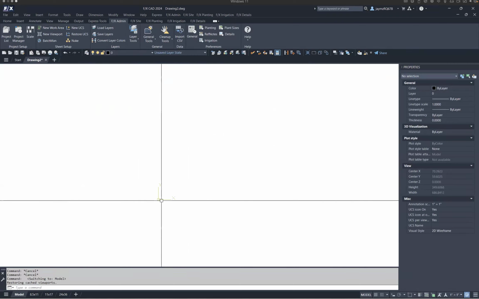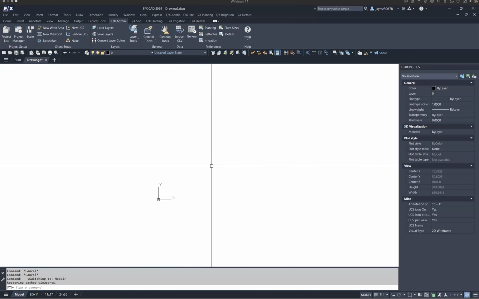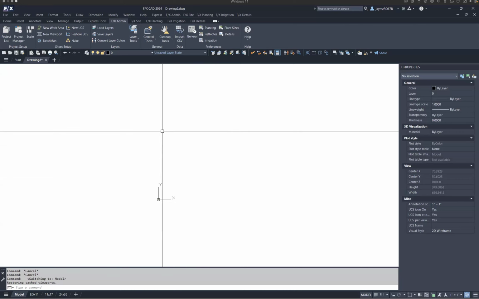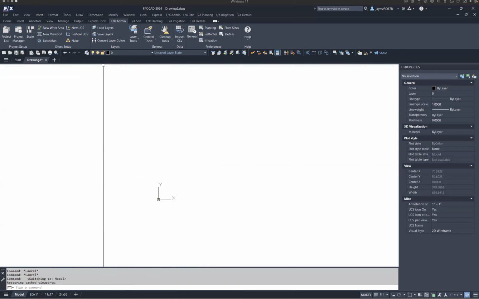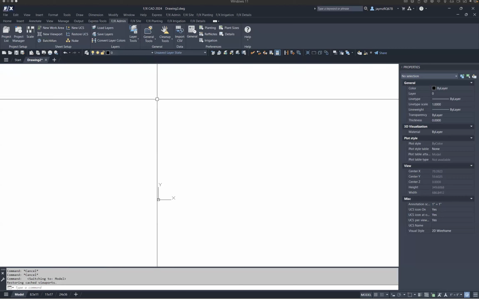Before we get into the actual process, I just want to cover a few things for those of you that are beginners, or maybe if you're intermediate and you just need a couple of pointers. If you're ever working in CAD and you want to know more about a tool, you can just hover your cursor over the tool, and initially you'll get a brief description of the tool to pop up. And if you leave your cursor there longer, you'll get a more in-depth description of the tool. If you ever need additional information beyond that, a video on how to do it or something like that, you can press F1 and it's going to take you to additional information regarding that tool. So if you're new, don't be too intimidated. You can literally get a tutorial for every tool that is there.